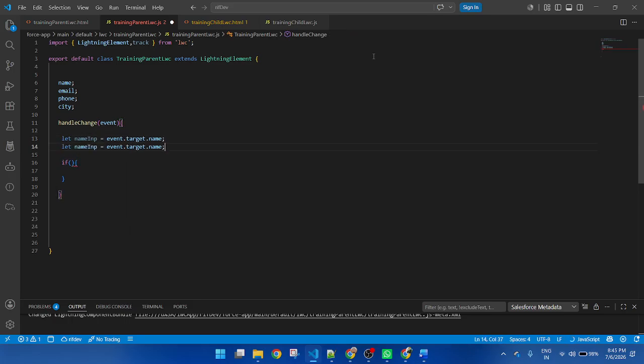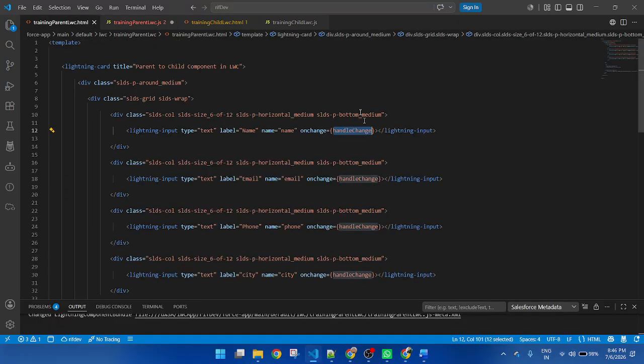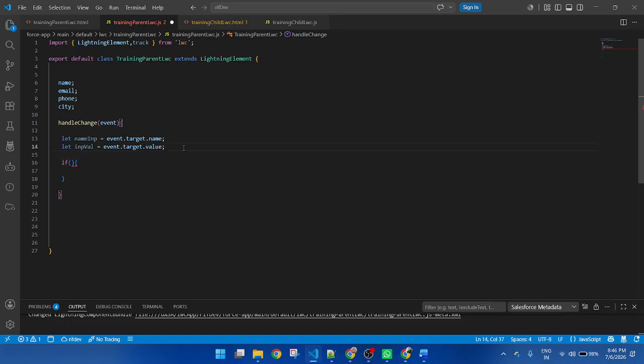Then input value equal event.target.value. Then check: it will return the name, this one, and it will return the value of the current input value.